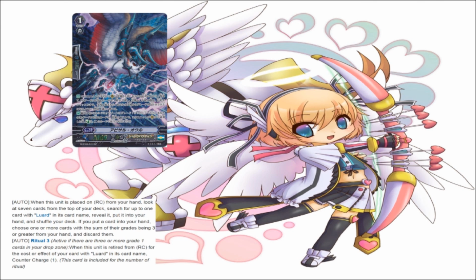So the first part of the effect is really good in my opinion, because when you place this on RC from your hand, you look at the top 7 cards, and then you search for 1 card with Luard in its card name from among them, reveal it, and put it into your hand. Pretty simple. Search power. If you put a card into your hand, choose one or...